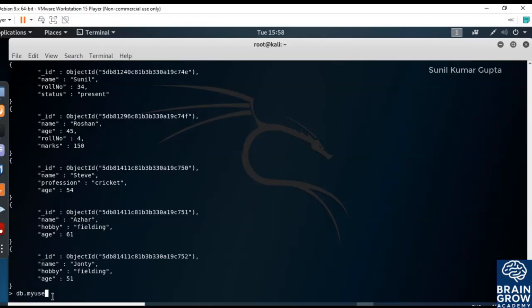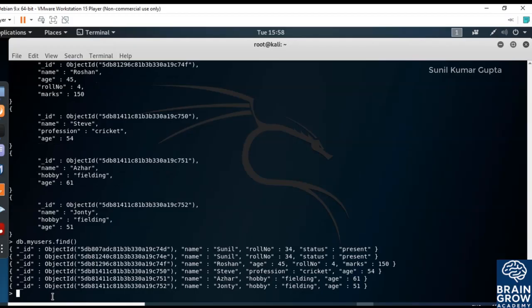Next thing is we can use find, right? We have learned about find. When you run it, we get the result, but we can add a filter also. So in db.find, inside the find function we can provide a condition. Okay, so here I can give age. I want the players' age,